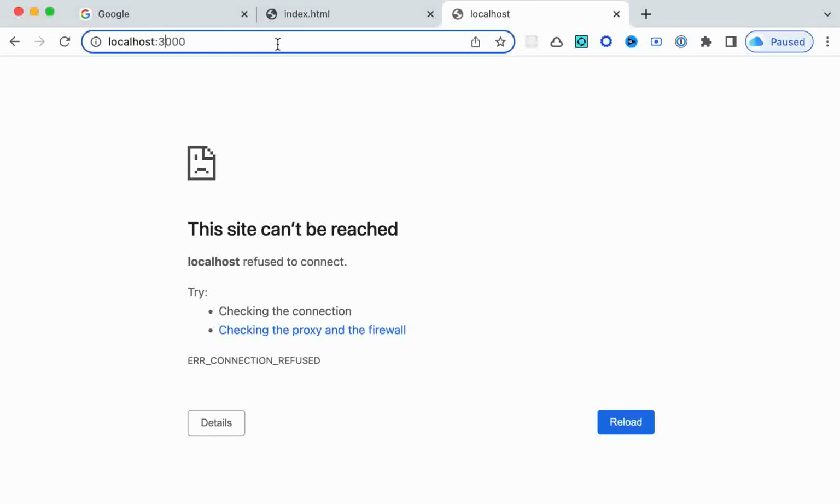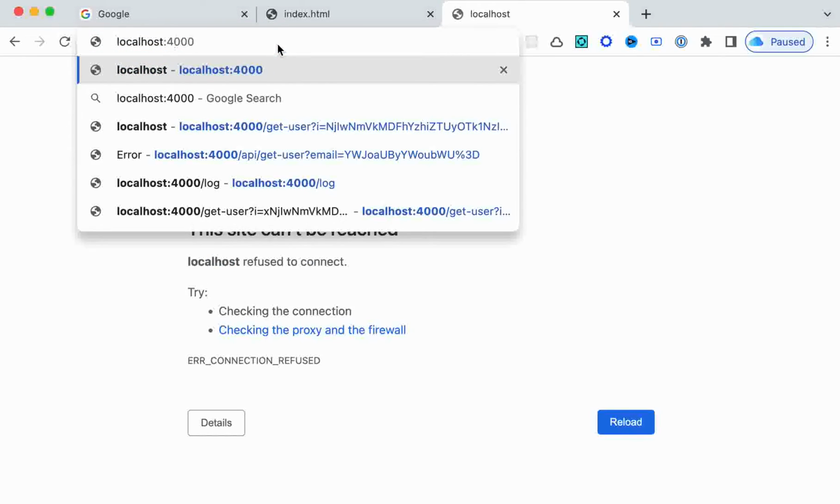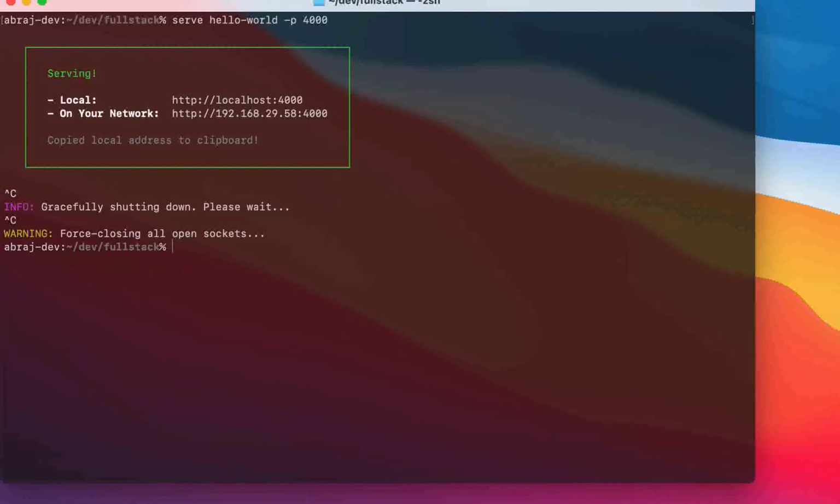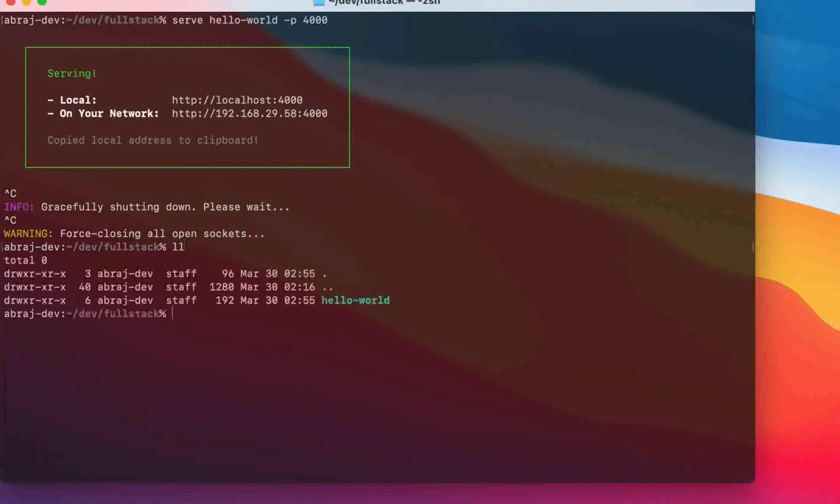If you now go to port 4000, then now it is running at port 4000, right? That is one thing I wanted to show. Next thing I wanted to show is, okay, that is fine, but let's go inside this folder hello